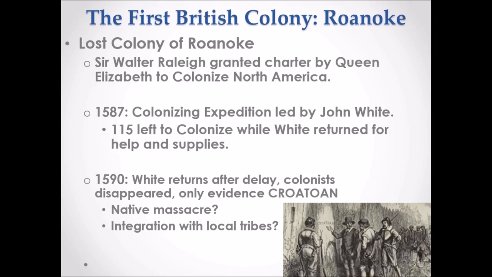The first big theory is ultimately that the Native American people were the ones that came in and killed these people. There was a massacre. In fact, it's written later by John Smith, I believe, that Chief Powhatan, who is going to be the guy they're going to be dealing with in Jamestown, actually takes responsibility and says that he was the one that organized this and set up this massacre of these colonists. Other people believe that because of the word Croatoan written on this fence post, you have this integration into the local Croatoan, Native Americans that were nearby on one of these islands off the coast of